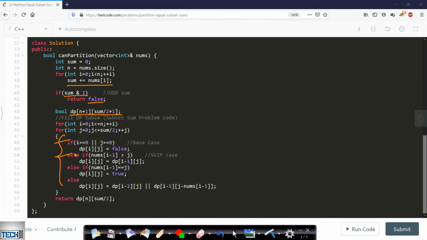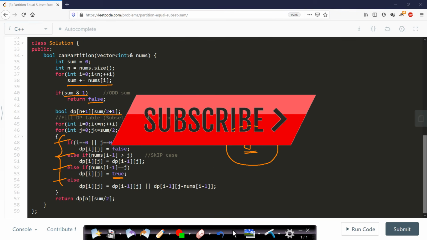So the first, second and fourth conditions are the same as in 01 knapsack and also in the subset sum problem. We will only be adding this third condition, which will check if you have found, that is, if you are able to form a set which has sum equals to j. Okay, this you will easily understand once you code it yourself.